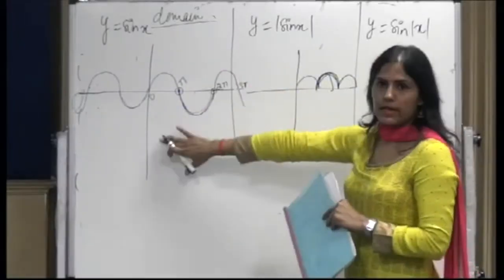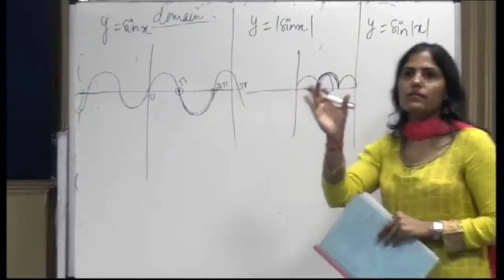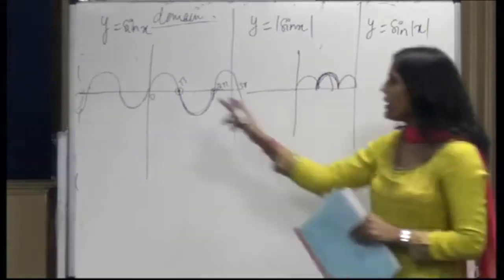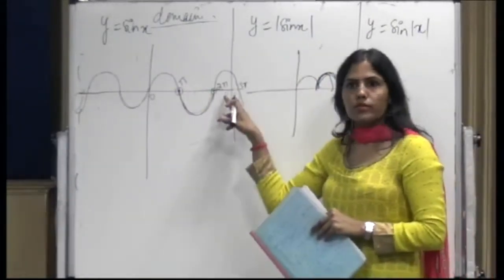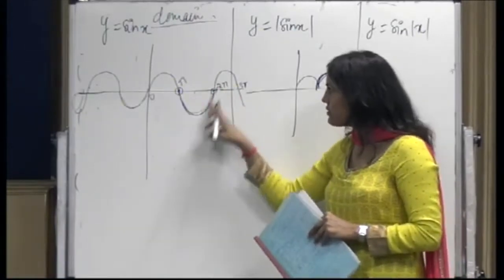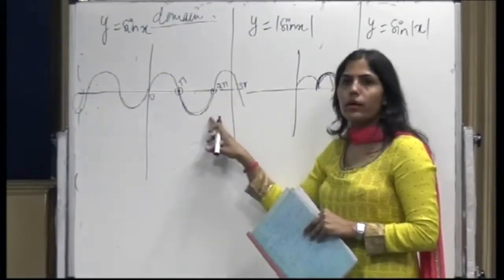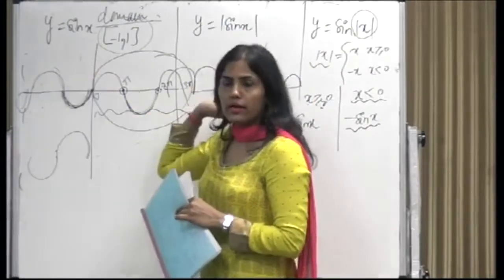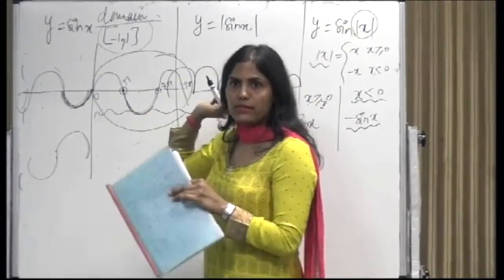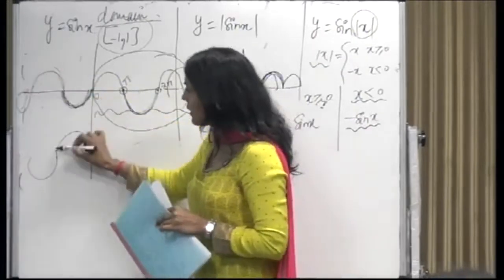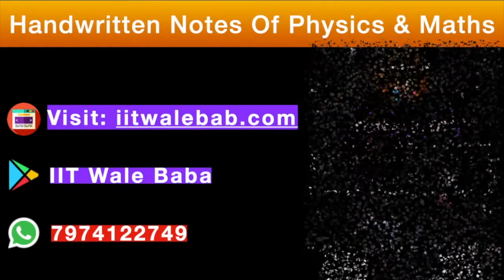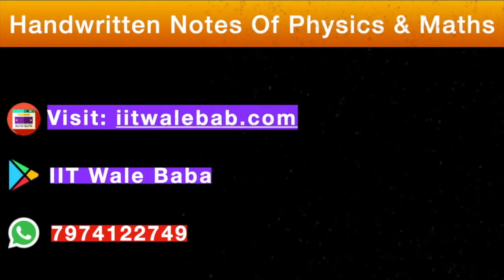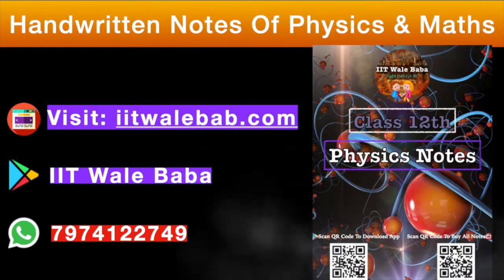This is the sin x graph. Mod sin x means all the negative values will become positive. So it means that this portion will not come, and this portion is positive, and for negative values this is minus sin x, so it means that this portion will come down. But before we begin,